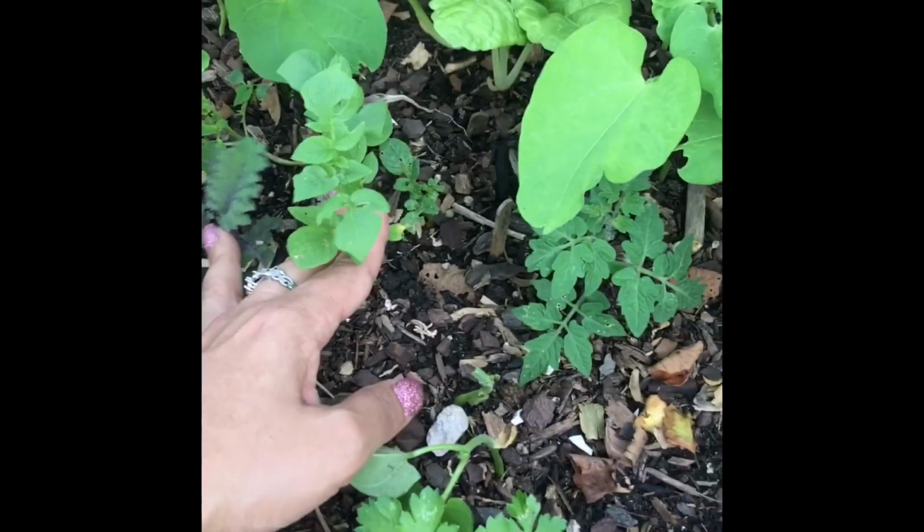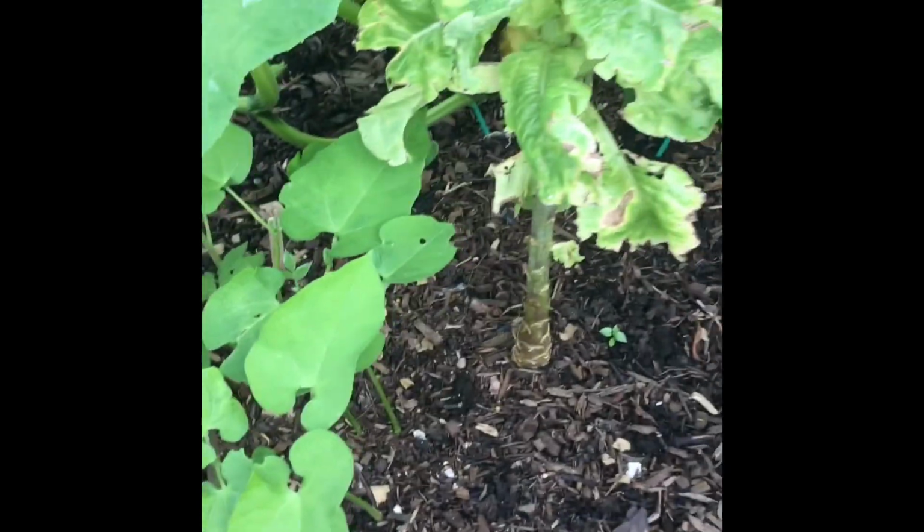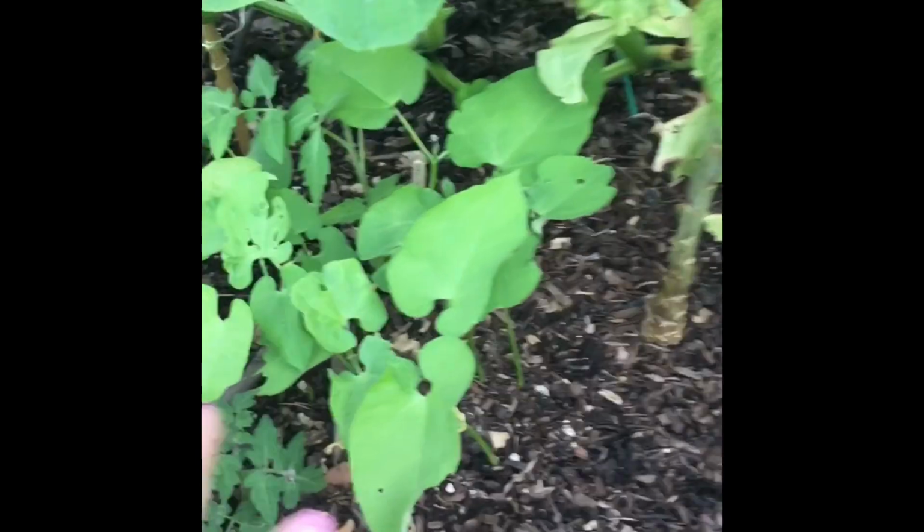This is potato, which I'll have to pull out. Swiss chard that grew really well. Oh, hi Bugsy. Say hi. Hi. Oh, so cute. So these peas I plan to just have them growing under a lot of the tomatoes,